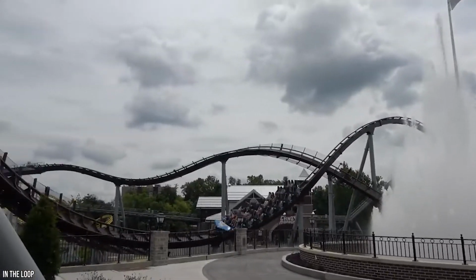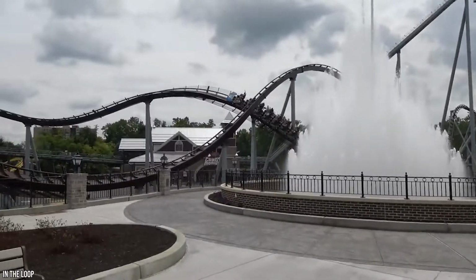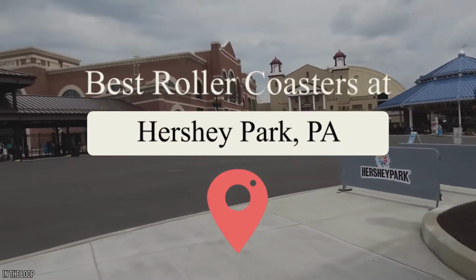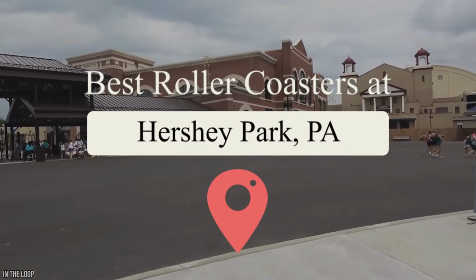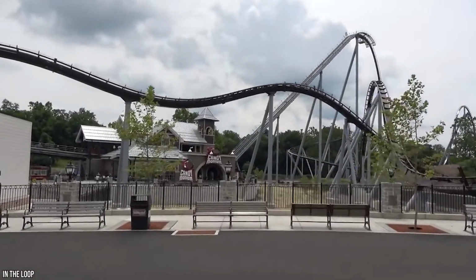Hersheypark has been standing for over a century. It was initially founded by Milton S. Hershey, who was also the founder of the Hershey Company. Today, it draws in crowds from all over the world thanks to its thrilling roller coasters and historical appeal. From Candymonium to the Coco Cruiser, join Viewcation as we take a look at the best roller coasters at Hersheypark,